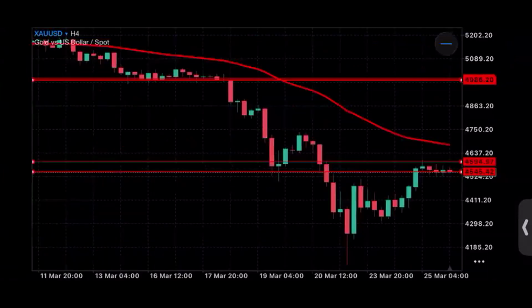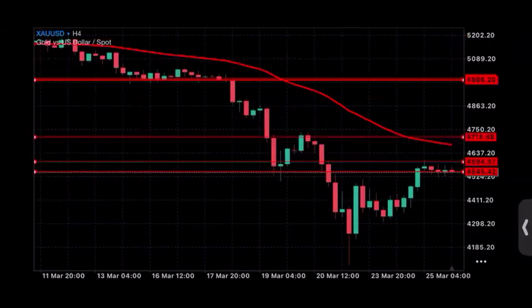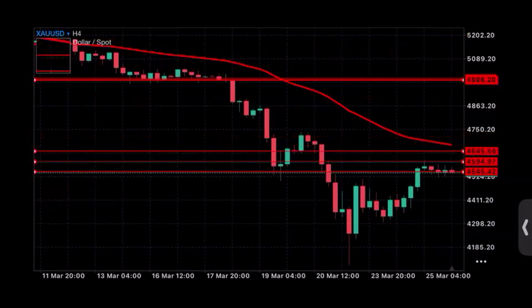Our take profit is going to be around here because this is the next high. If price breaks this high, that's the next zone it's going to be coming to, which gives you a very good risk to reward ratio. Even if it doesn't get there, that gives you a break-even point, a 1-to-1 ratio. And then, of course, price definitely is going to eventually push all the way to this point here.